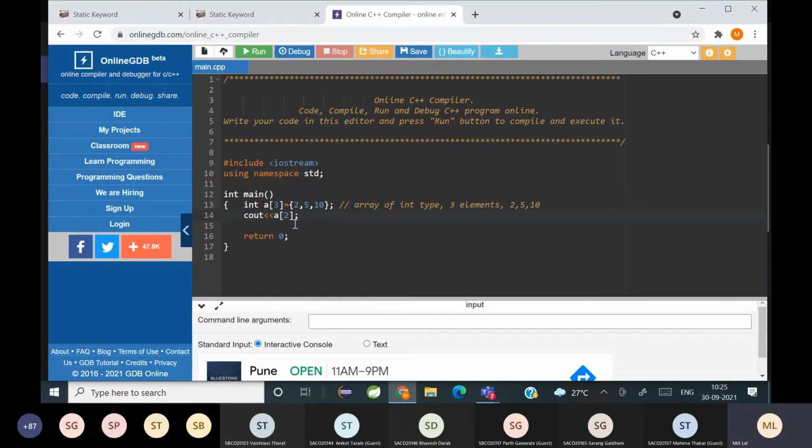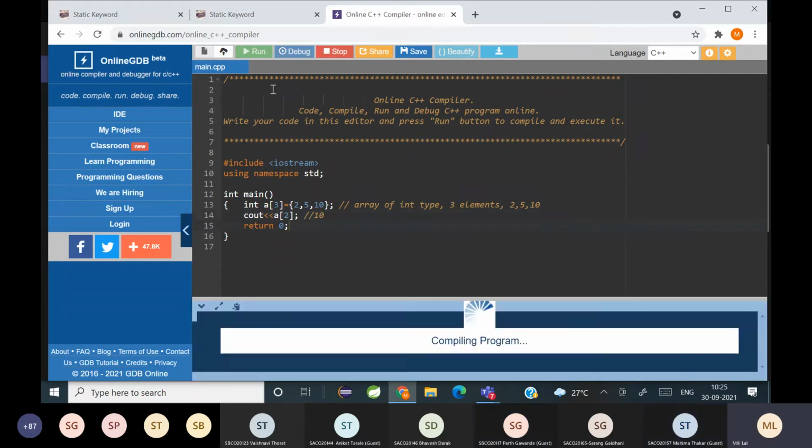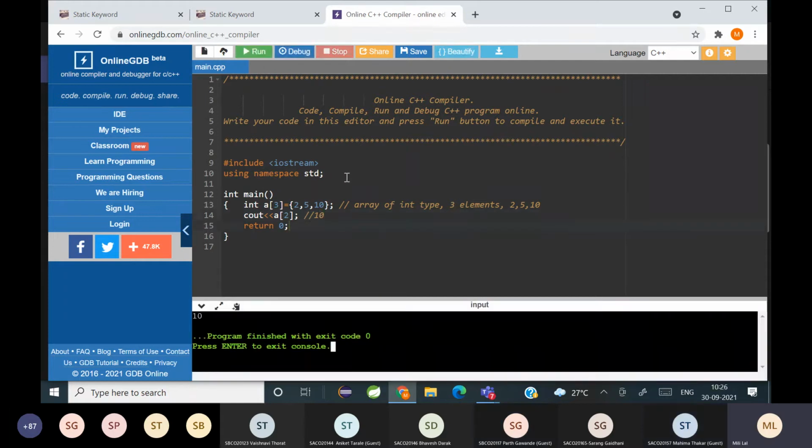What should get printed? 10, since the indices are 0, 1, 2. So this should print 10. Okay, so let's see. 10 is getting printed. Can you all see that? Okay. Now I'm going to change this a little bit.